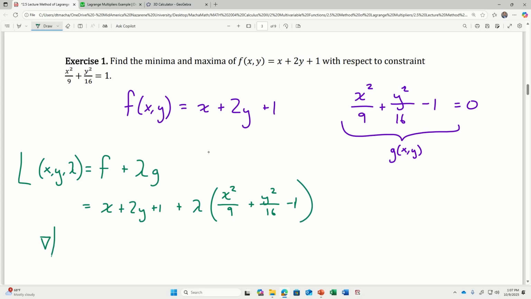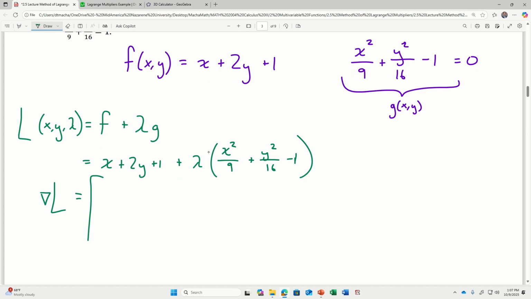So now let's take the gradient of the Lagrange function. And the first entry in my gradient is the partial of the Lagrange with respect to x. And that's going to be